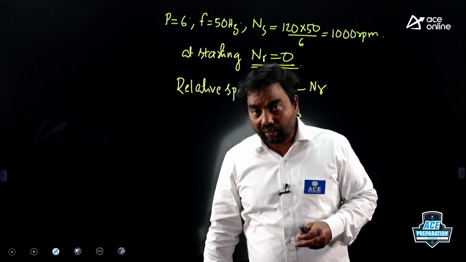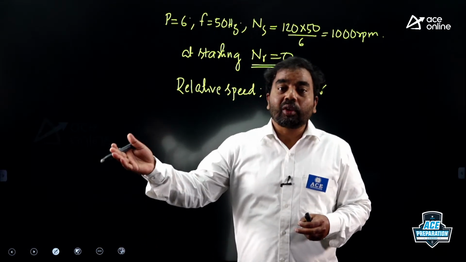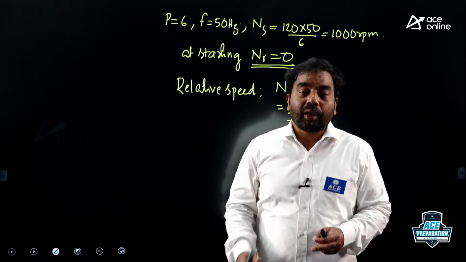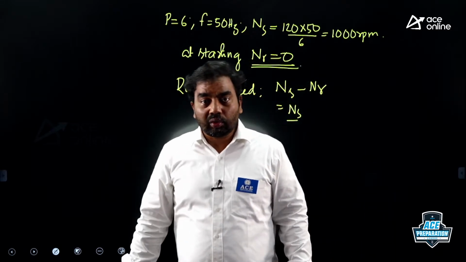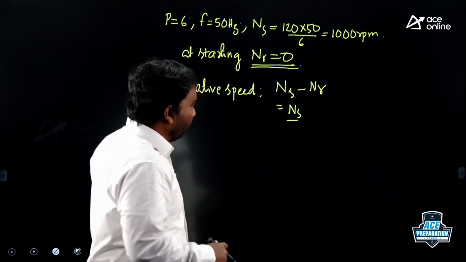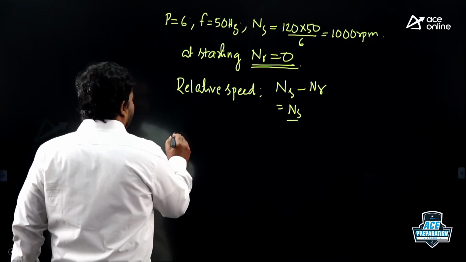Similarly, in the stator also, the currents will be more, ohmic losses will be more, then temperatures will be high and windings will get damaged. So this is the reason why the starting currents will be very high. Then what happens during the running condition? During running conditions,